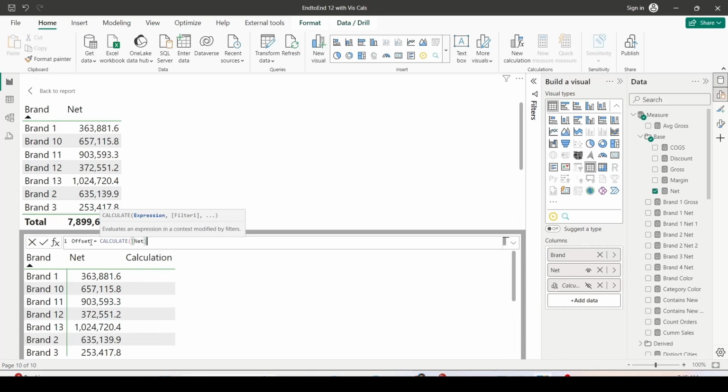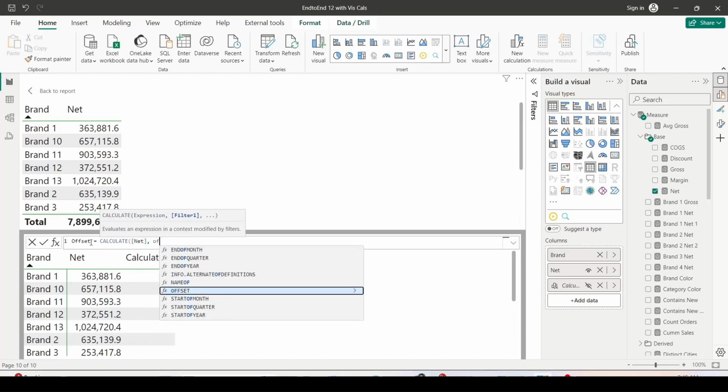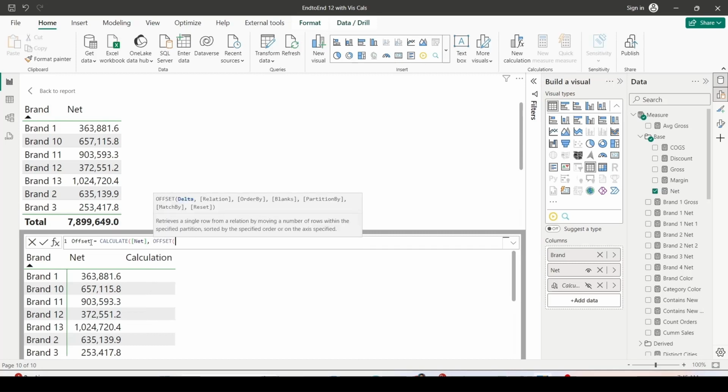net, which is required with the offset function. You can opt for other options also. Now I use the function offset. What does the offset function require? It requires delta, relation, order by, blanks, partition by, match and reset. Let's go ahead and try these out. -1 is the delta,